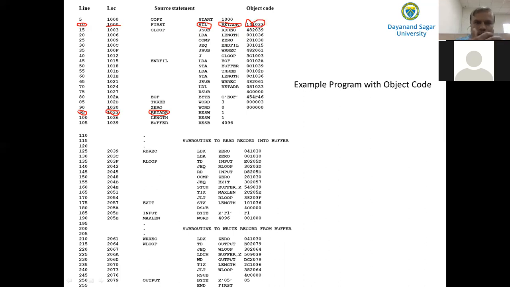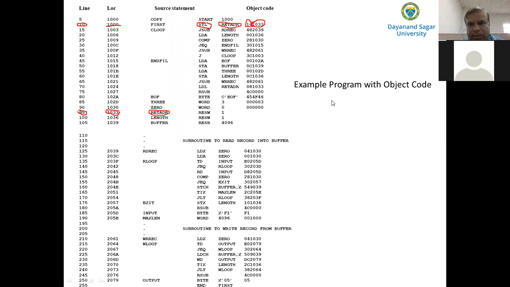In the first pass, we have already generated the machine addresses for all the instructions, so we already know the machine address of the RETADR symbol. Write it in the object code column. So what is the object code generated for STL RETADR? It is 141033.